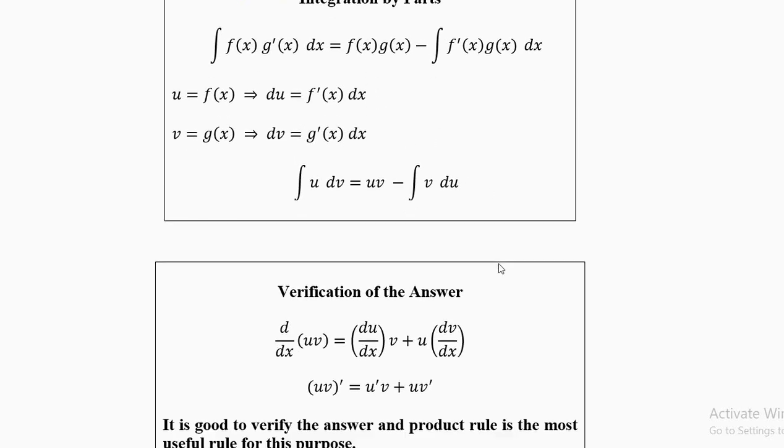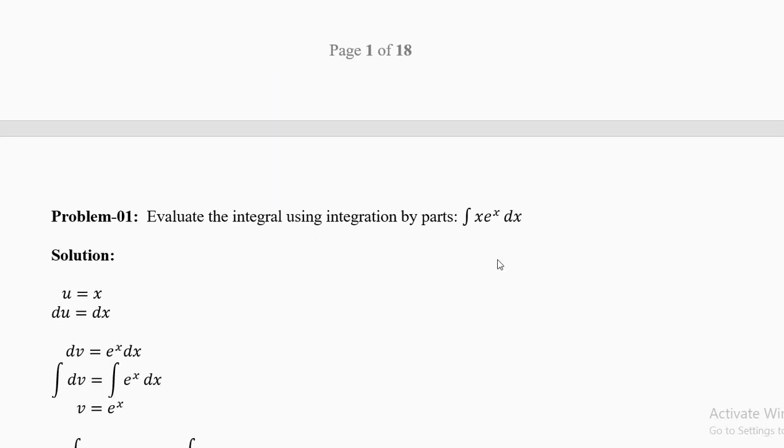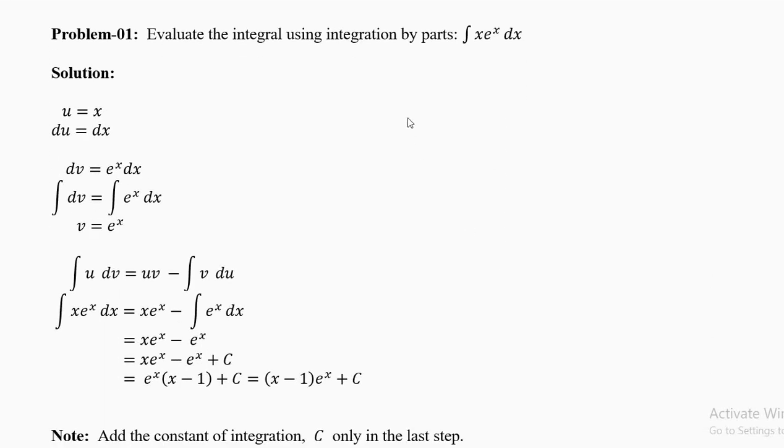This is a very important topic and we'll go from simpler to complex examples. The first problem is to evaluate the integral of x times e power x using integration by parts. e power x is your exponential function. Now you have to decide u equal to something and dv equal to something. Normally we choose u equal to x power 1, 2, up to n, in almost all the cases, barring a few exceptions like ln x, the natural logarithm. In the logarithm case, we do it the opposite way. We shall see that example also in this video.